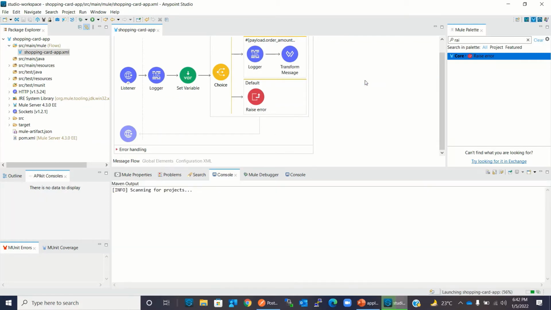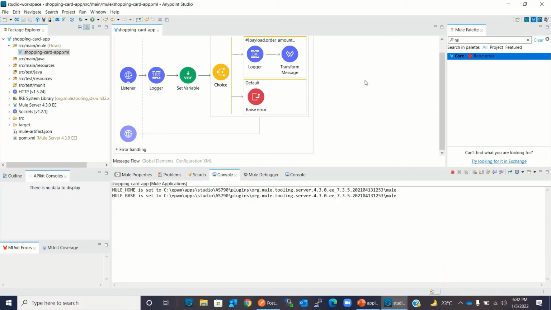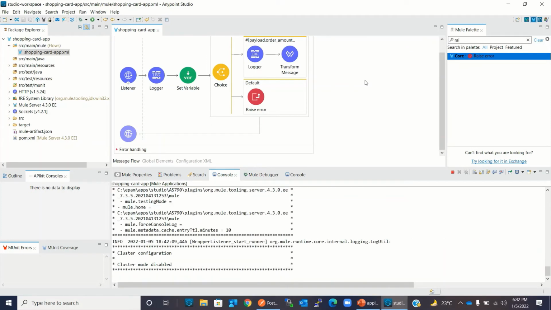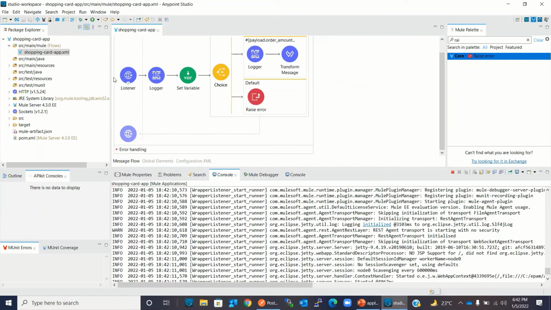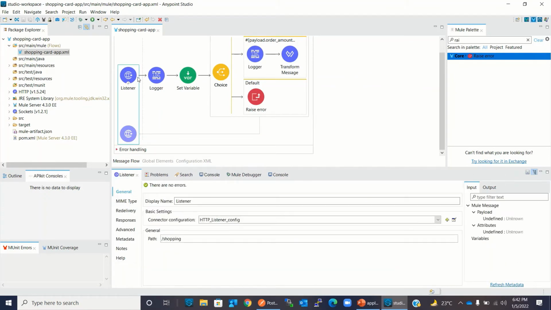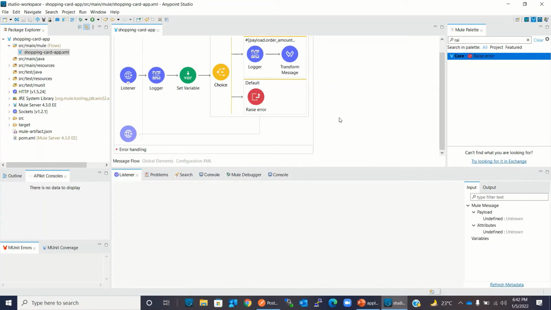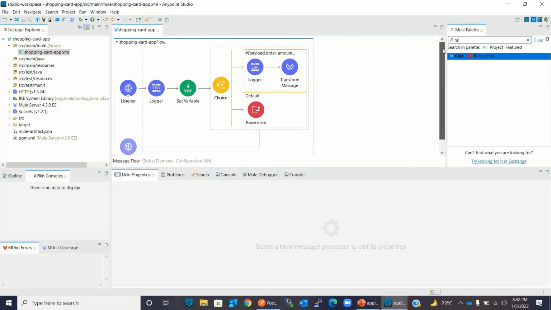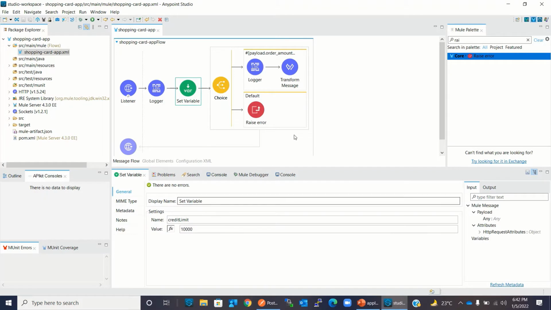I will run it. While it is deploying, let me recap. I added an HTTP listener with the resource /shopping, and I set the credit limit to 10,000.